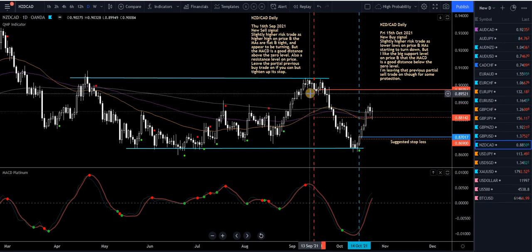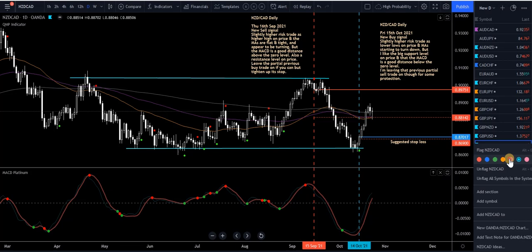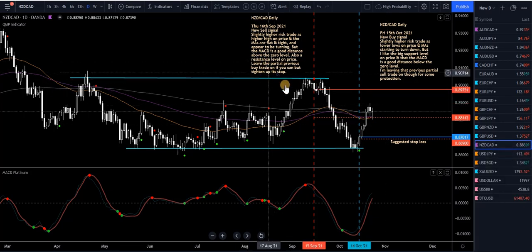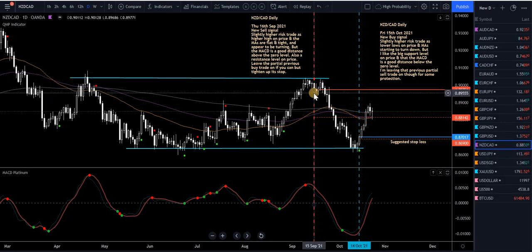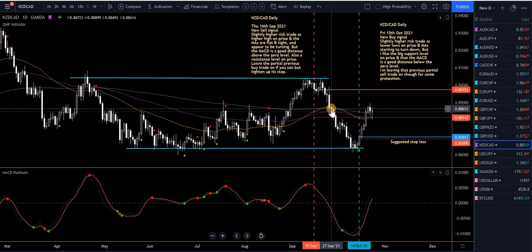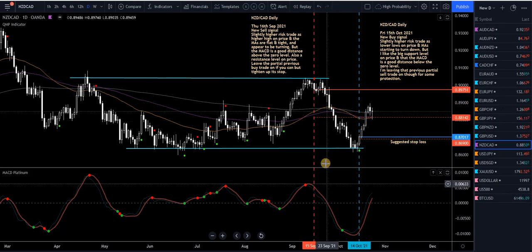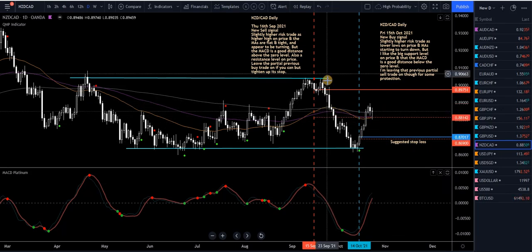Right, now let's have a look here. This is one I'm going to have to update. I'll just mark it up as I've got to update it. I just leave the trades on to show you for the video, that's all. So we had a sell up here. It's come down nicely, MACD platinum through the zero level into the MAs, closed half, dragged the stop